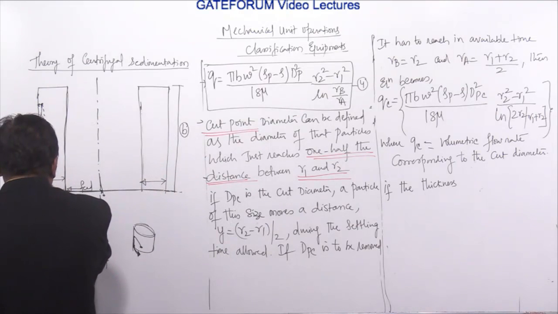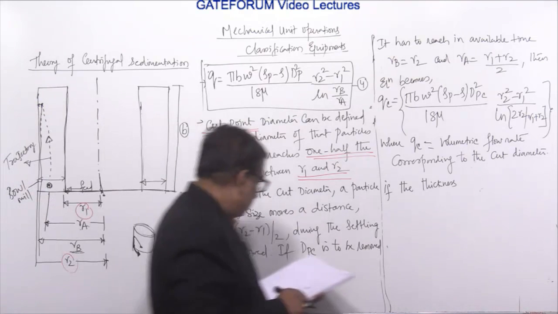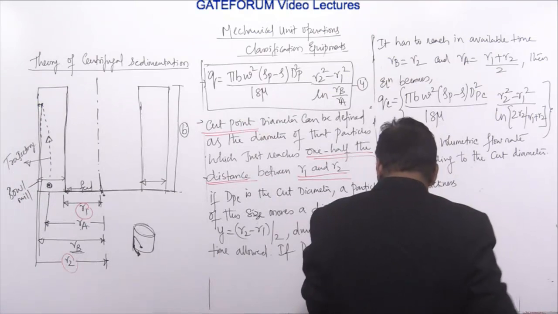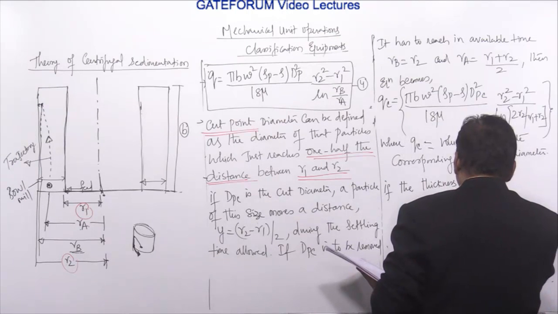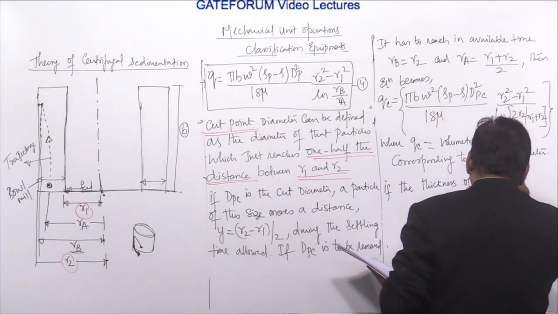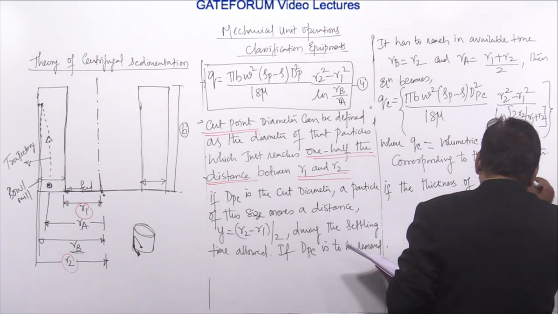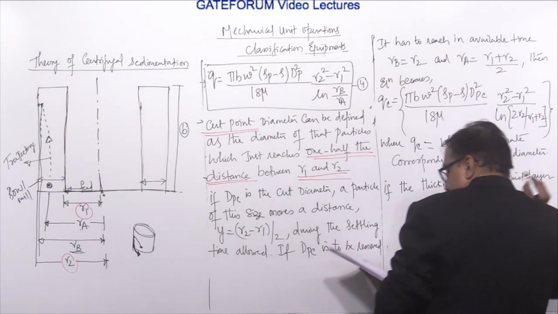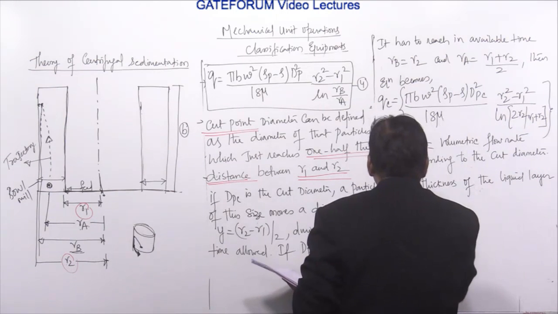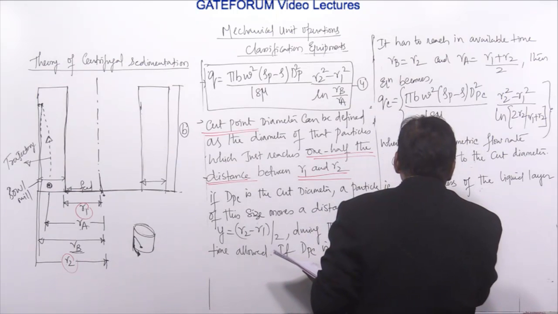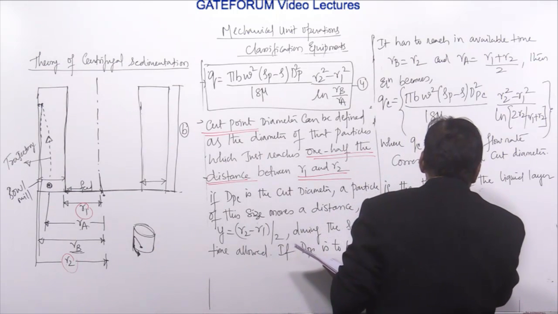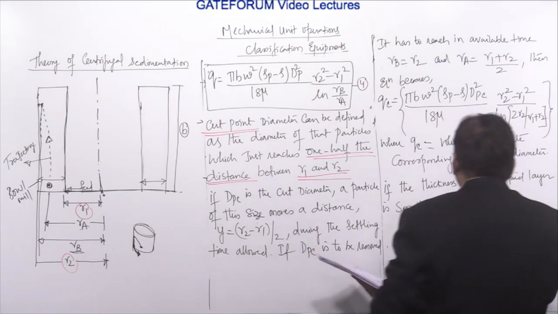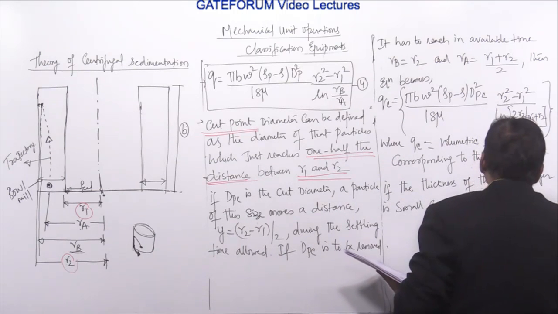Now we have come to the major one. If the thickness of the liquid layer is small compared to the radius of the bowl,